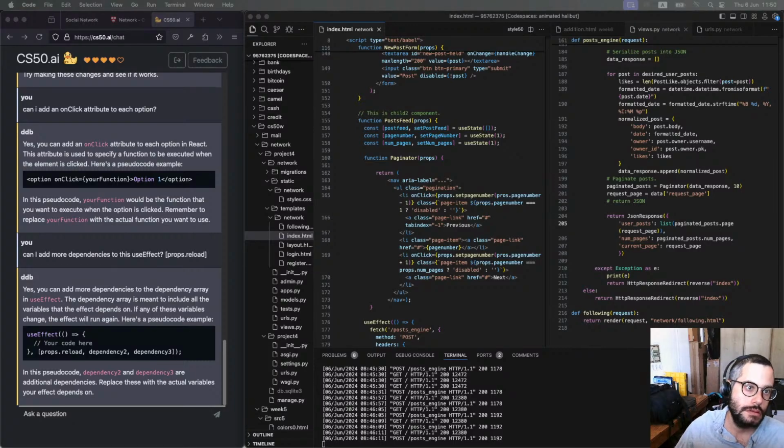Okay. So we see here 2, 3, 4, and now 4 doesn't do anything. If we go back, previous, the previous one now doesn't do anything. Very nice. So the last thing that we have to do is actually reload the post feed to reflect the